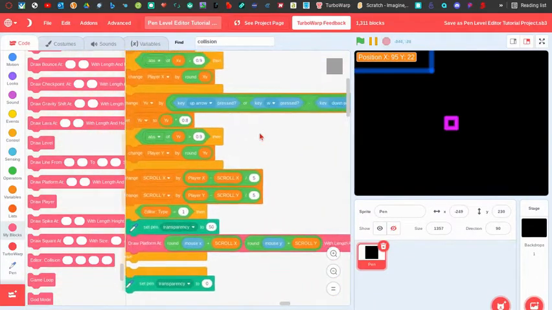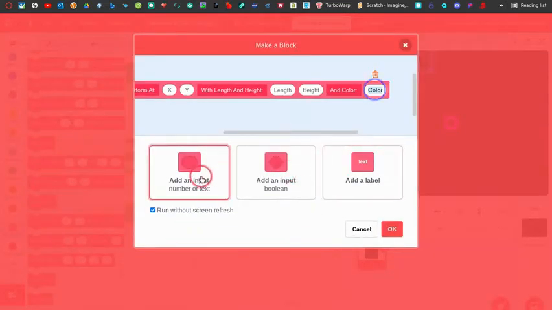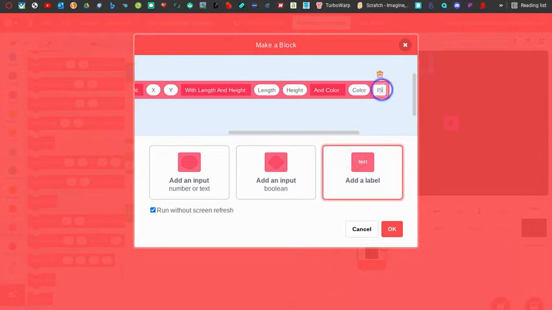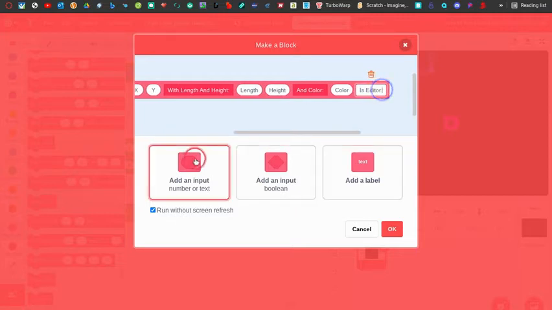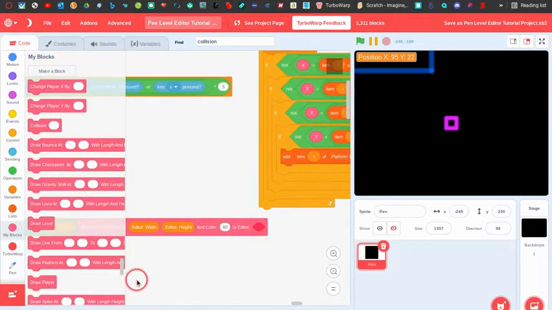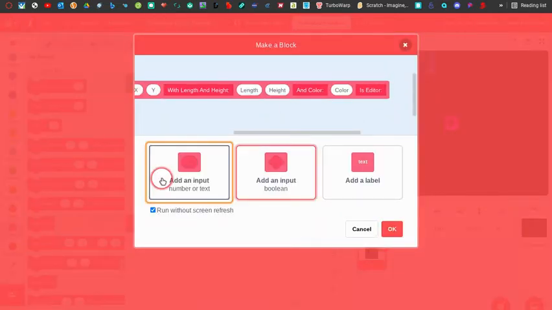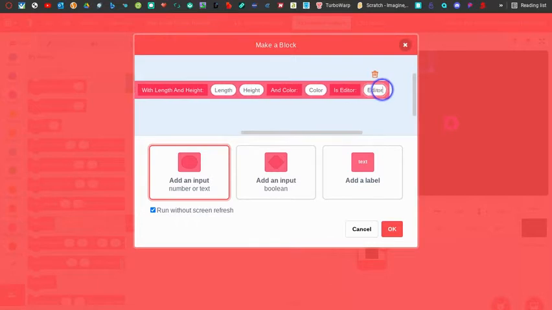So we can add an input to this platform thing, and we can actually say edit, add a label, and then let's say is editor, and then we can add a Boolean input and say is editor, and then, well, you know, actually we can just put an input, actually not a Boolean input, never mind. Then we can do editor, and now